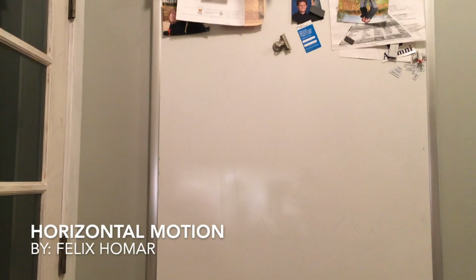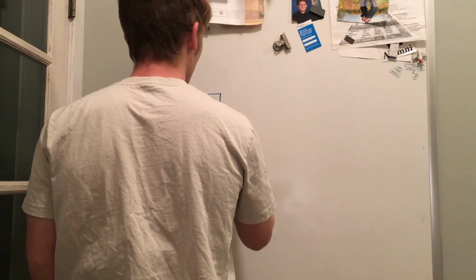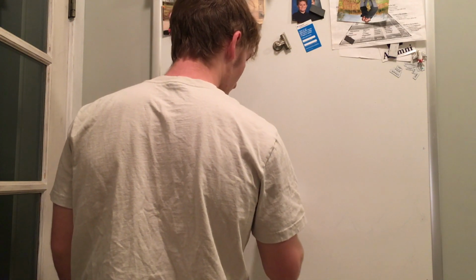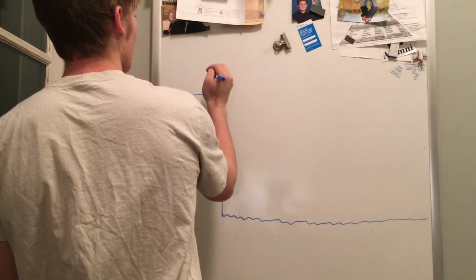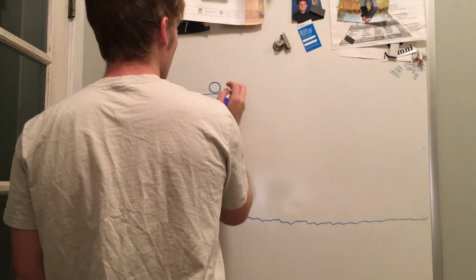Okay, today I am going to be talking about horizontal motion and how it works. And on the whiteboard behind me, you can see me drawing what I'm going to be explaining as this video progresses. So, horizontal motion is when a ball or an object is launched off of a flat surface at a